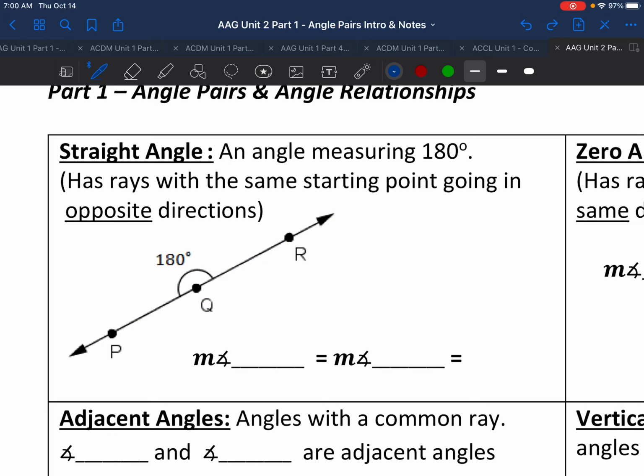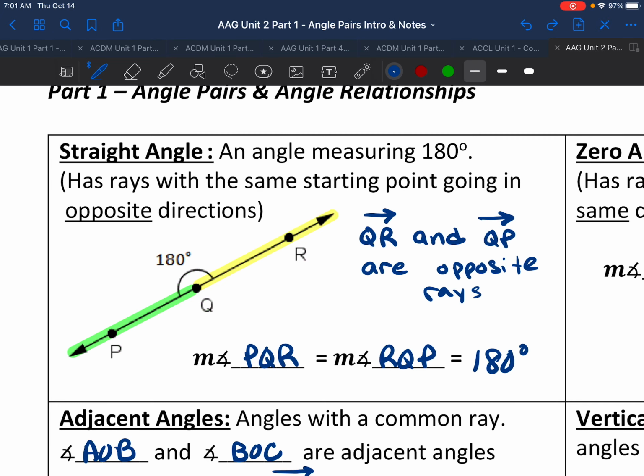What I'm looking at here is basically a straight line, but we're going to call this a straight angle. Think of a circle. A circle has 360 degrees. If we draw a line that splits it in half, then the bottom half would be 180 degrees and the top half would be 180 degrees. Any straight line is a straight angle with a measure of